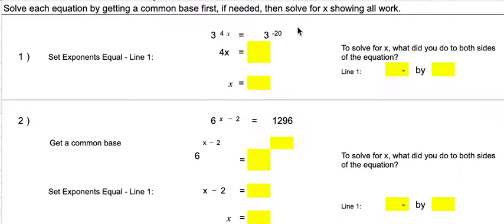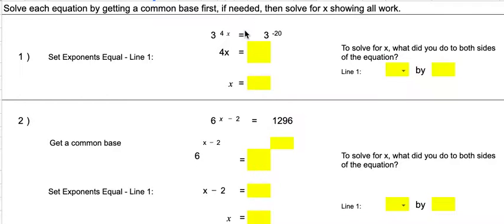This is a screencast where we're going to solve exponential equations with the strategy of getting a common base. So the first exponential equation we're going to do is right here, 3 to the 4x equaling 3 to the negative 20. Please remember that this negative 20 is not a power, it's an exponent. The 3 combined with the exponent of negative 20 is a power. I know it's hard to unlearn after years of doing that, but it helps you in terms of the vocabulary,